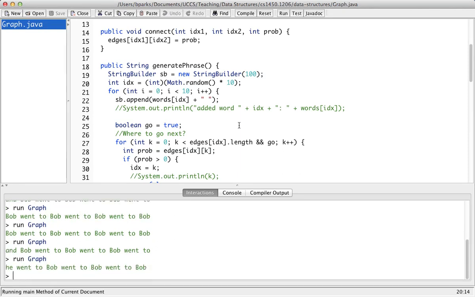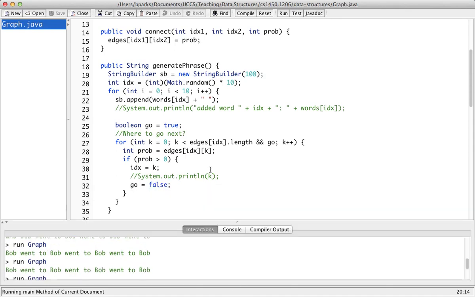And we get a lot of "Bob went to Bob, went to Bob." So let's fix that. So rather than simply picking, so this is the answer to that question, I am picking the first one in the list that has a non-zero edge weight, which will always make for boring sentences. So instead of doing that, let's